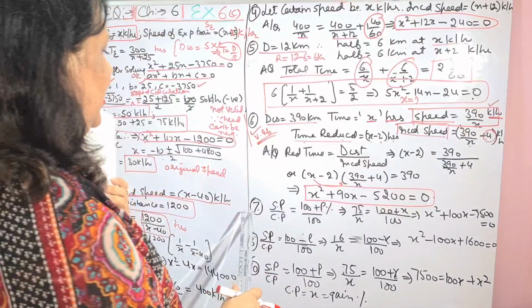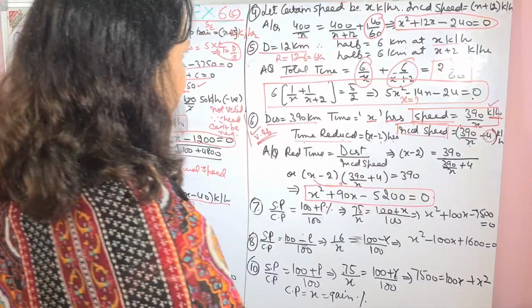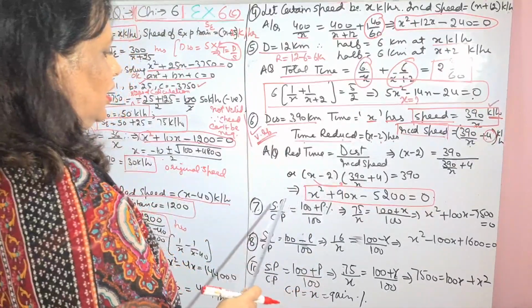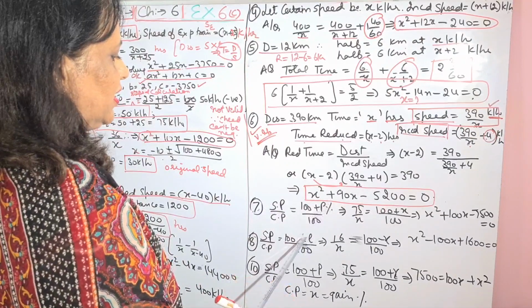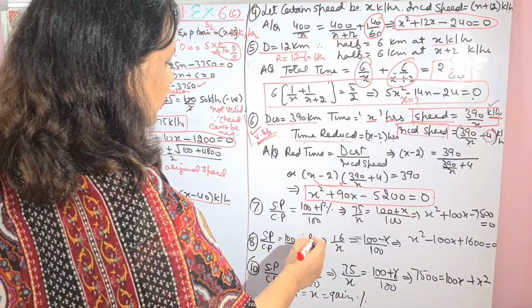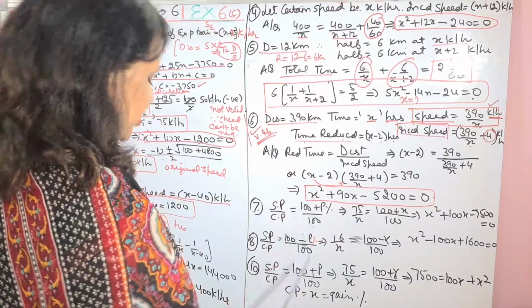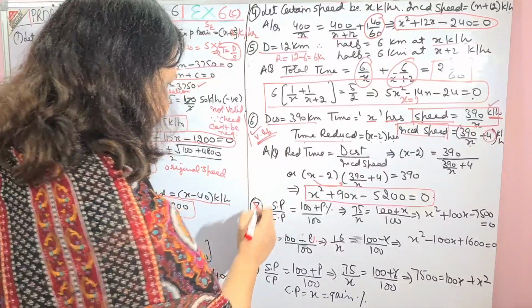Then moving on to the last 3 questions. They are on profit and loss. If you remember, I had taught you a formula of profit and loss, that SP upon CP. If it is profit, you have to add. If it is loss, you have to minus. See how I have written 100 plus profit percent upon 100. So the 7th sum, you just go on, the 8th sum, you go along with me.